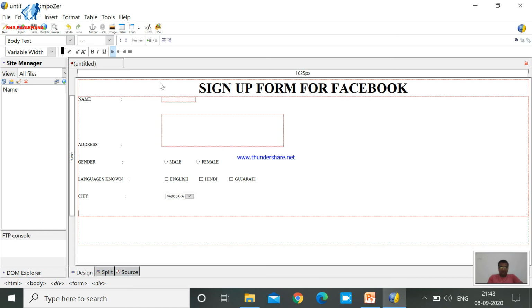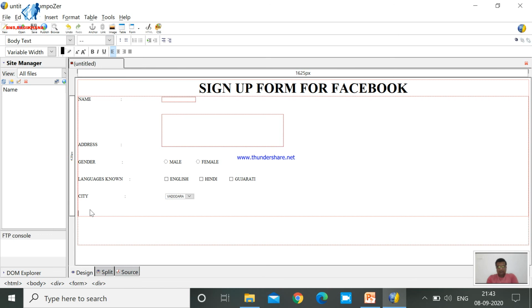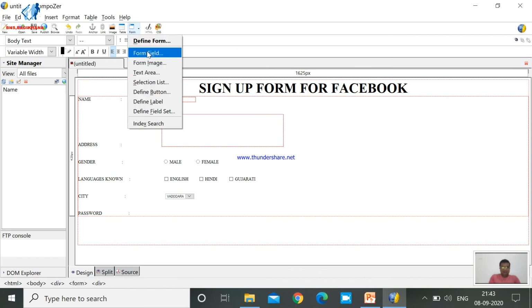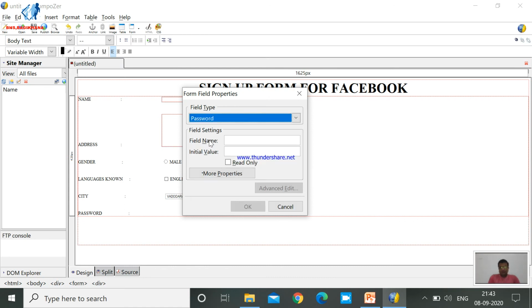Now it's time for password. So once again you have to write here label password, give some space, and then here you can see a special input element with the name password. So I am giving the name password for my password field.